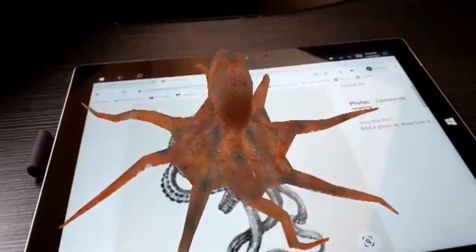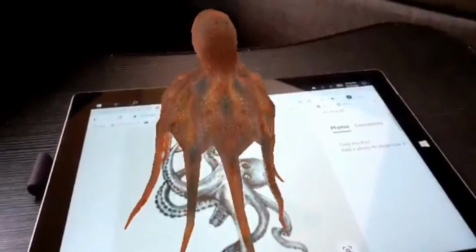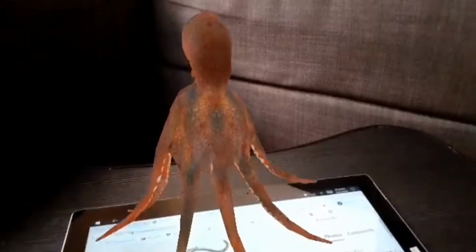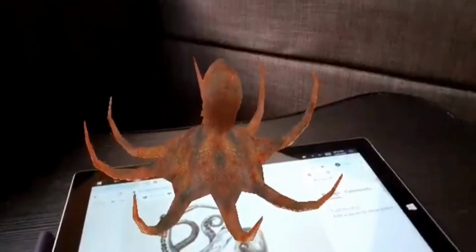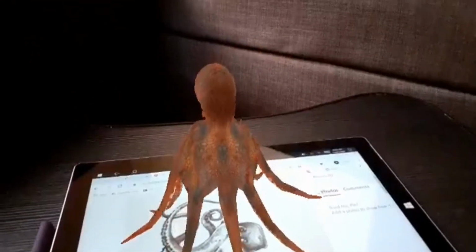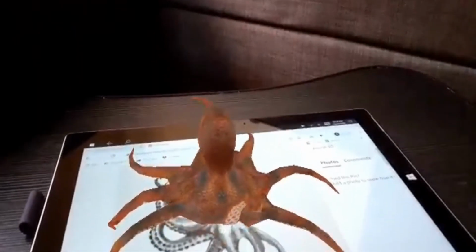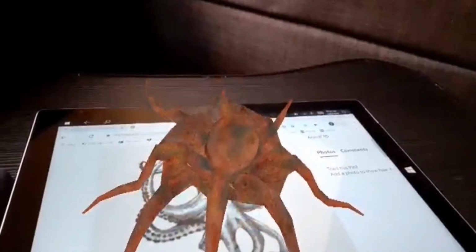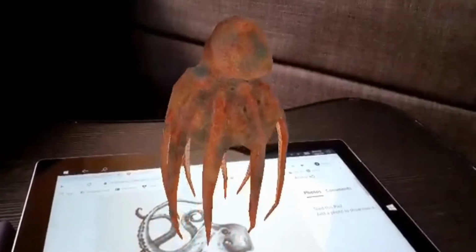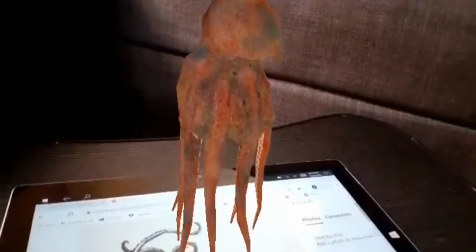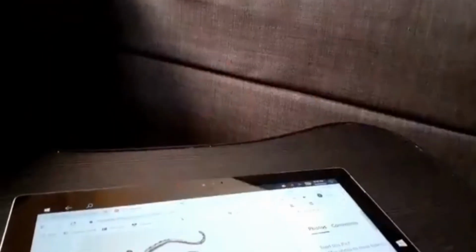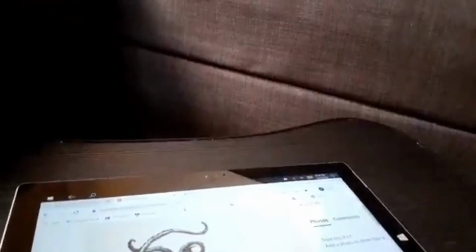And this is another example of a 4D picture. It is an octopus. These are all looking very real. But do you think it is real? Believe it or not, it is not real at all. I used an app,